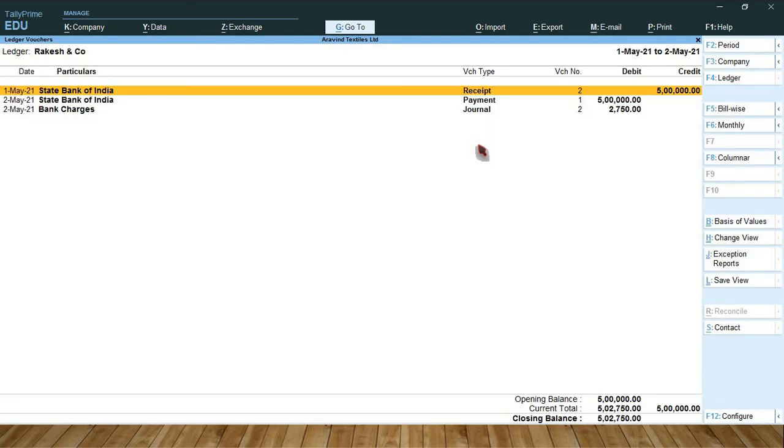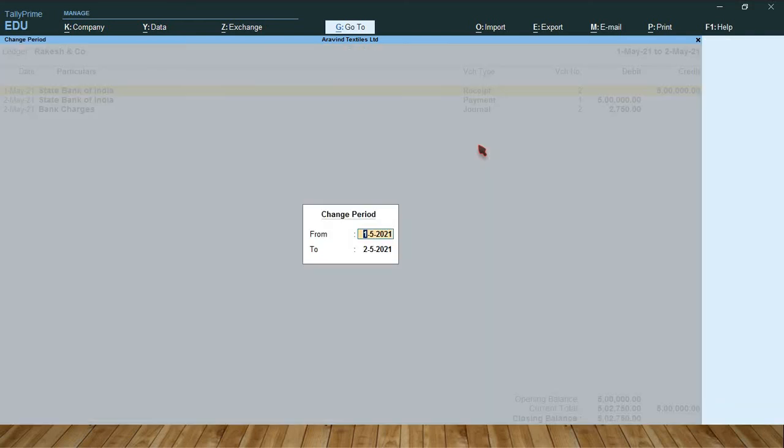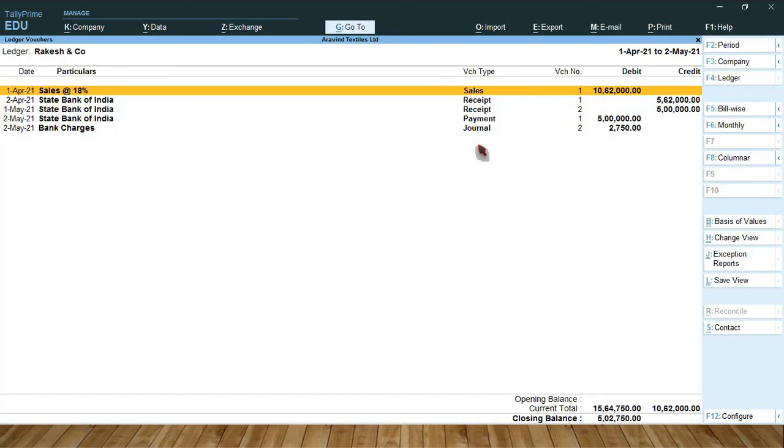Next, Rakesh and Company. Change the period. See here, sales amount 10,62,000. On 2nd April he paid 5,62,000. On 1st May he paid 5 lakh rupees. So up to May 1st his balance is nil.